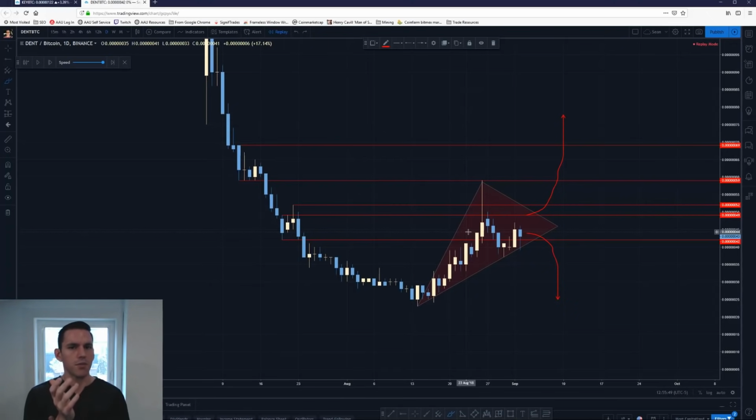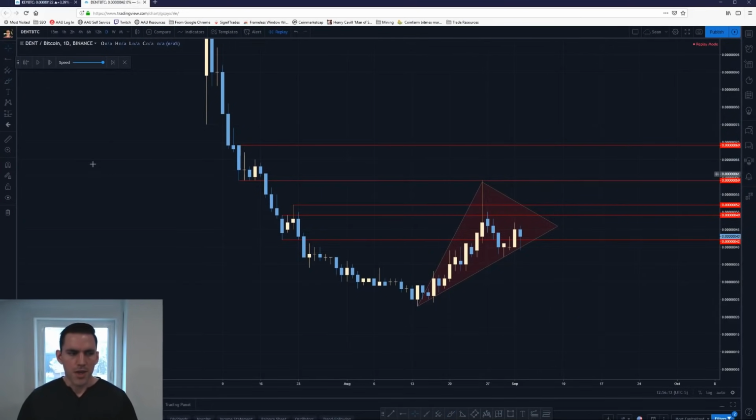Now the importance of having these levels here is to understand that there's something unique that happens in wedges, and like I was saying before, it's an advanced understanding, but it is very important and crucial to know why these break, and all that has to happen is the price has to move sideways. So let's think about that for a second. If this coin was going to move down, and take this trajectory down through this wedge, the people who want to see the price go down here, they